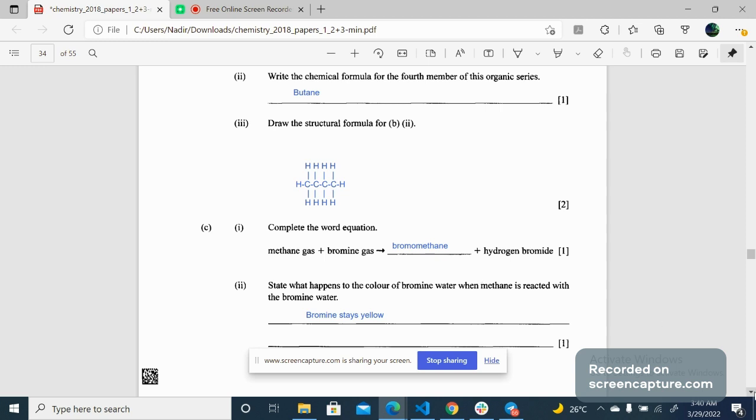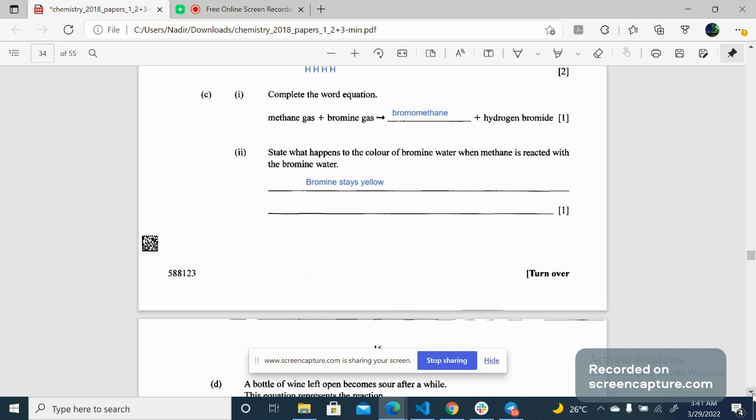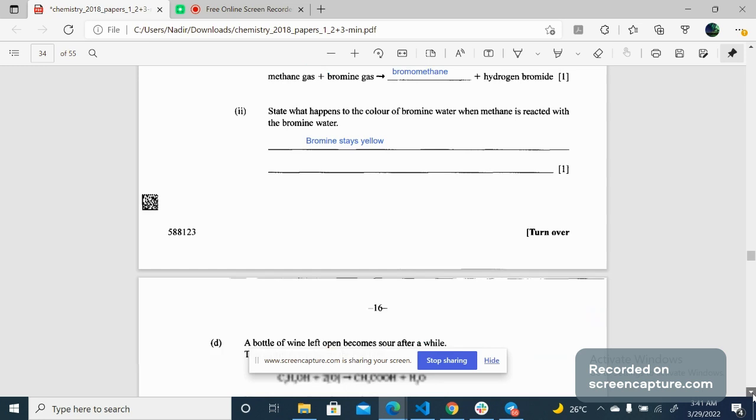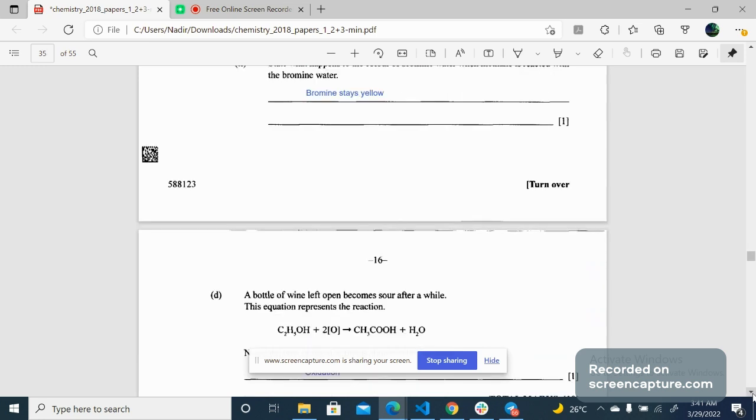Right, then part 2. What happens to the color of bromine water when methane is reacted with the bromine water? Bromine has a characteristic yellow color. So when methane reacts with bromine water, it changes nothing. The color stays the same. Now part D,